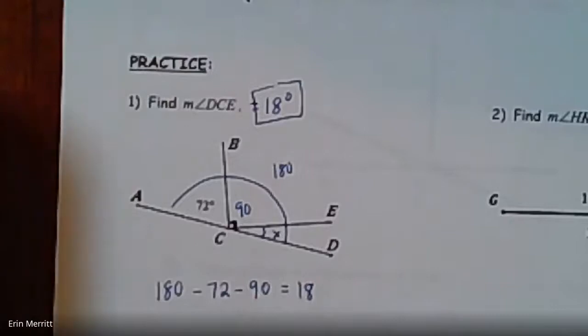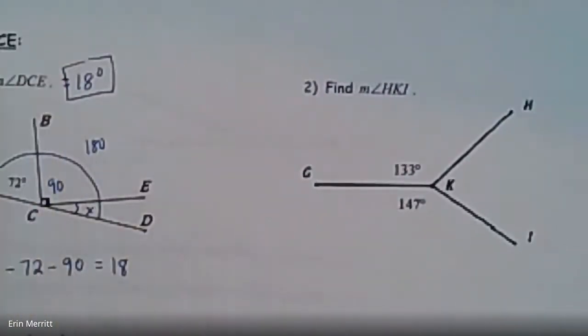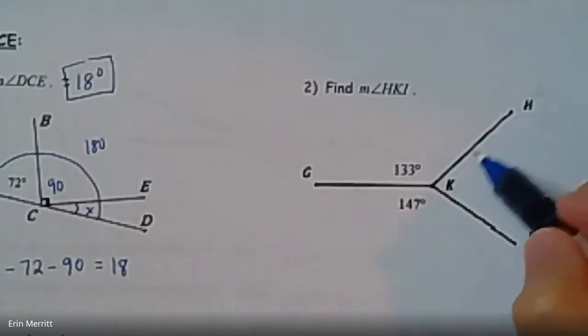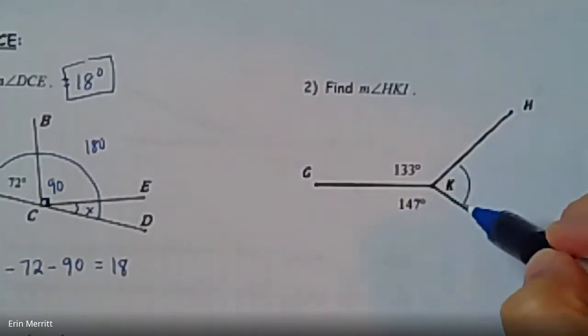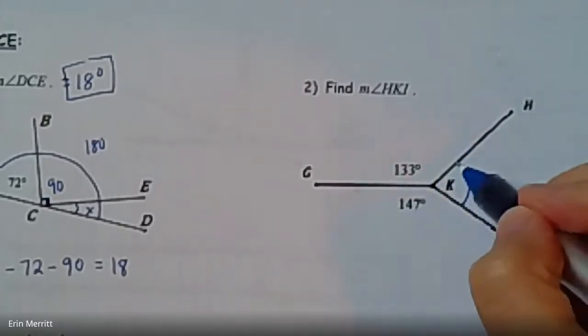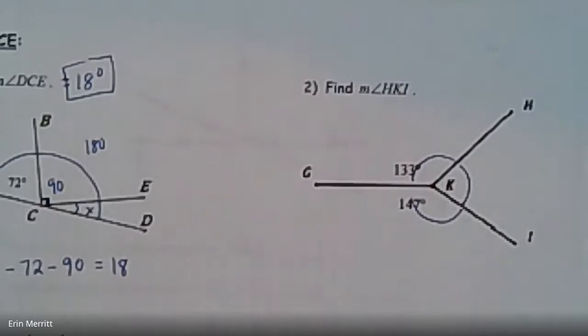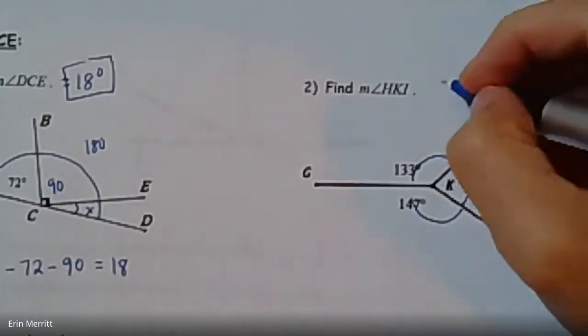Same type of concept when I slide it on over here, when it's asking you to find the measure of angle HKI. So HKI, this is an example of you have three angles, but it could be more than three, that all together wrap completely around that point. So that's what I mean by angles at a point. So together they should be